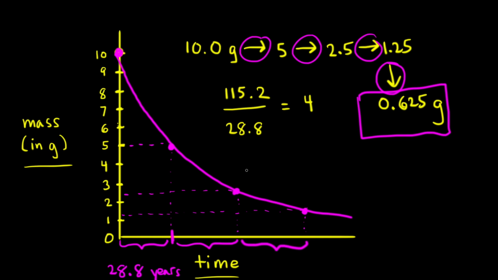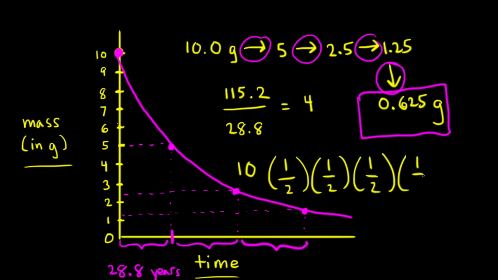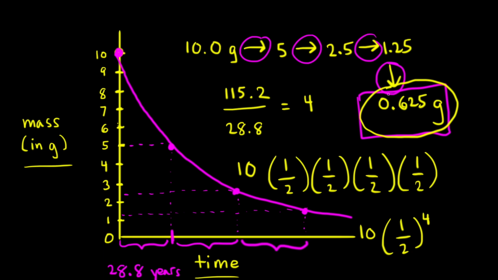Another approach to do the same problem would be to start with our 10 grams and multiply that by 1/2 to get the amount remaining after 1 half-life, and we could do that 3 more times to get the amount that remains after 4 half-lives. We could have also written this as 10 times 1/2 to the 4th power, since we needed to wait 4 half-lives. All of these approaches will get you the answer of 0.625 grams of our radioactive isotope remaining after